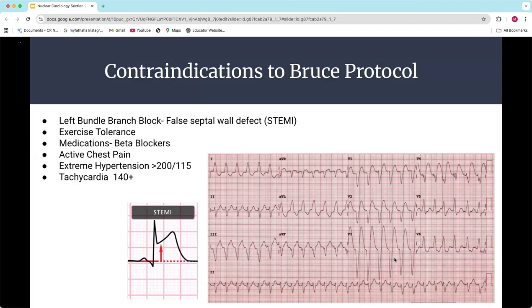And then the other one can be tachycardia. If they're really, really elevated, it could be dangerous to get them even more elevated than that. So if they're starting off in exercise ranges of like 140 plus, then that could be an issue. The other issue that you run into there is if someone's really tachycardic, there's a chance that they could be a little bit dilated already. And so that introduces problems into your imaging. Okay. So that's your contraindications.